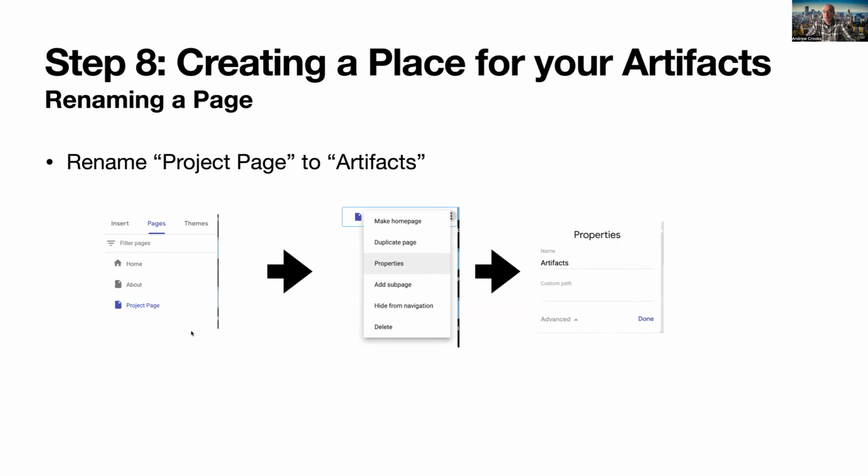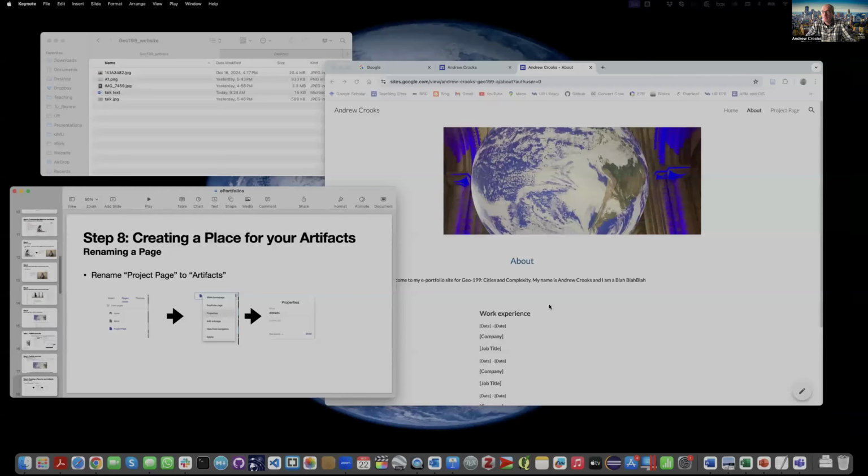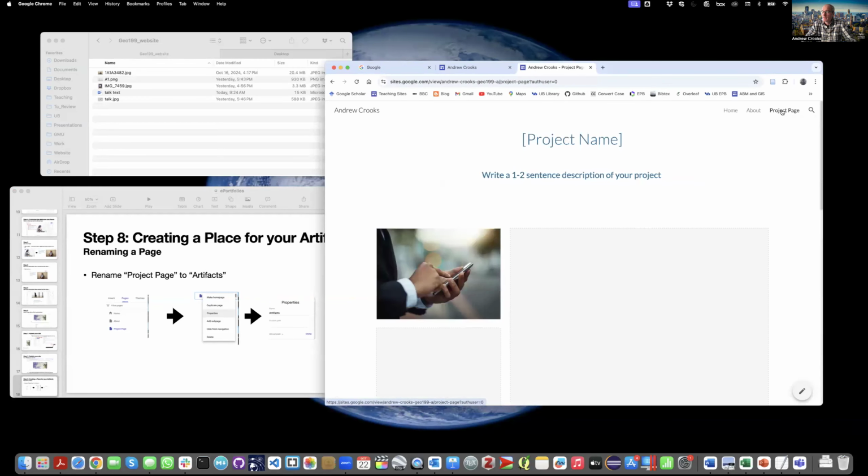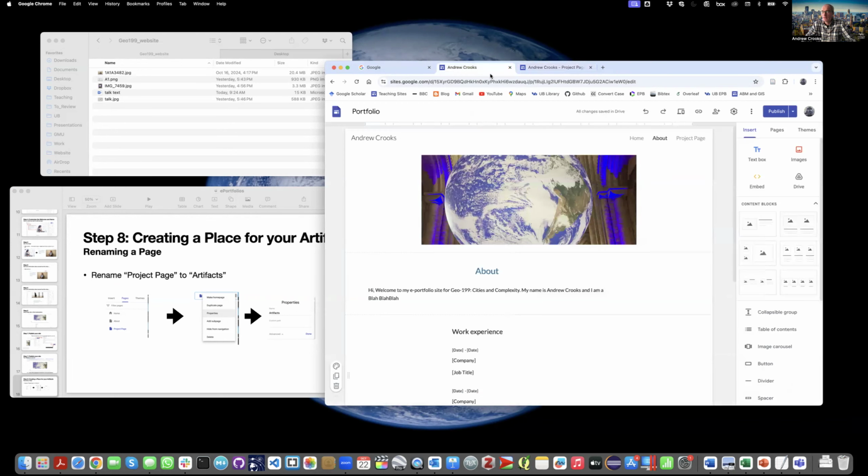So what we're going to do is, you'll see that if we went to the project page, there's nothing in there at the moment, right? But we want to recreate this. So if we went back to the editing and then go to pages here, you can see the project page. I'm going to rename that project page. So I'm going to click the 3 little dots and say,